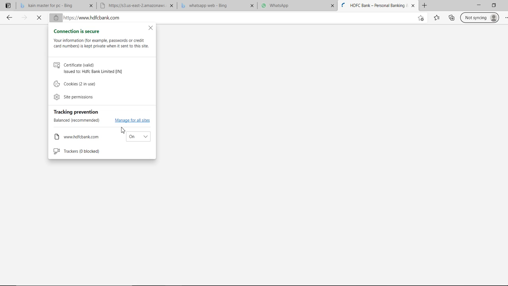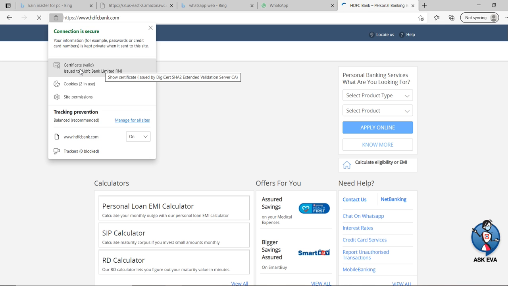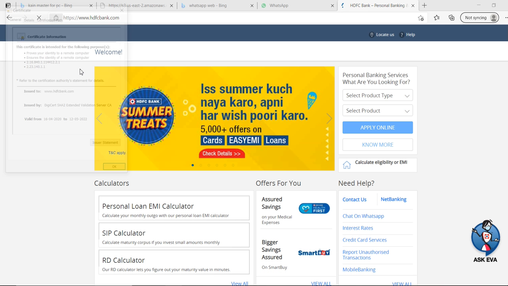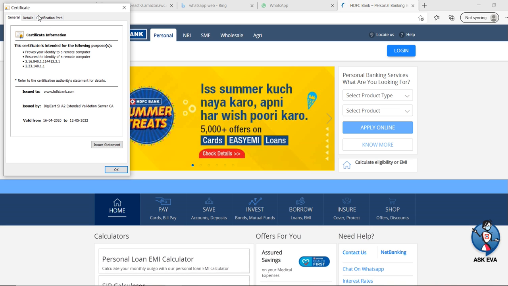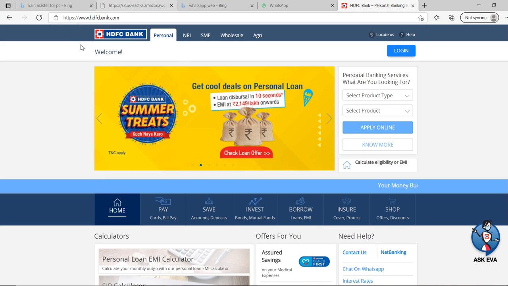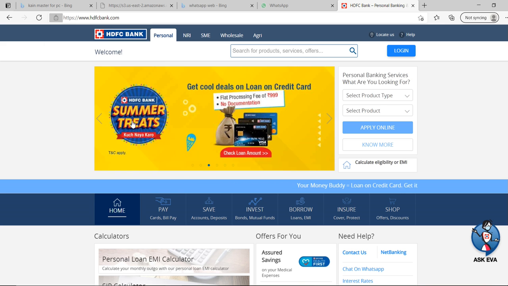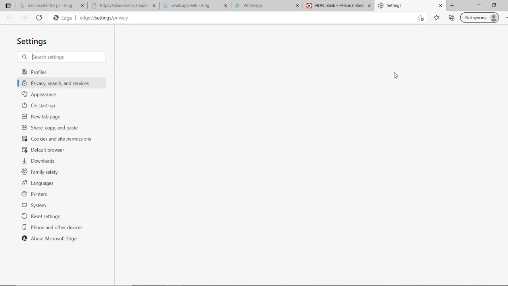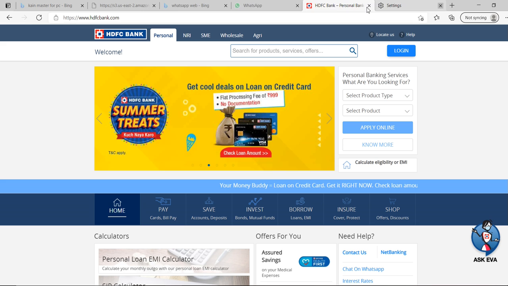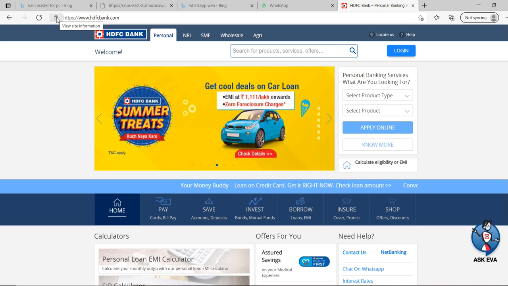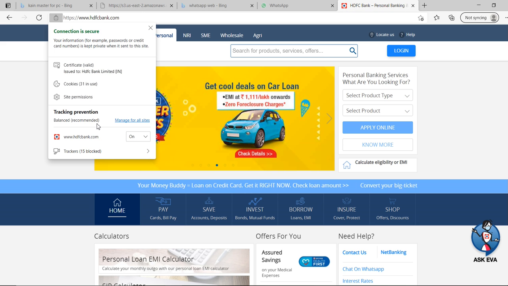Okay, this is the secured one, and the certificate is valid. View certificate. Okay, that is how it looks.